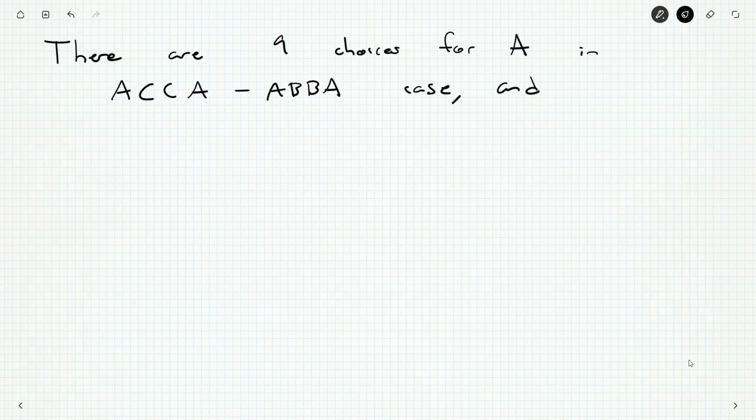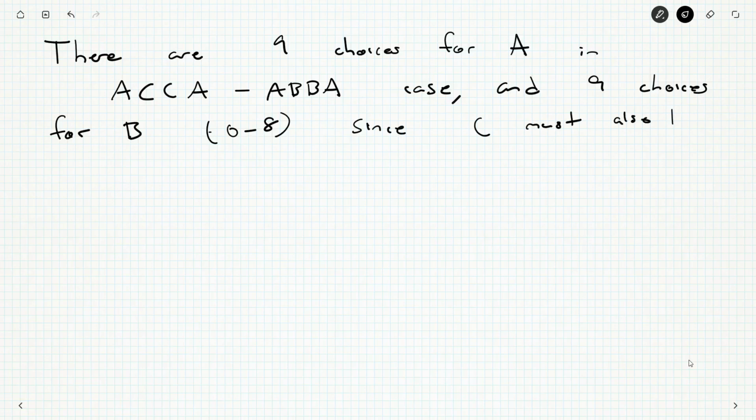And 9 choices for B, 0 through 8, since C must also be a digit. I can't have B be 9, because then C would be 10, which is not a single digit, and we'd actually be talking about the B00B case at that point. Therefore, 81 differences, because 81 is 9 times 9,